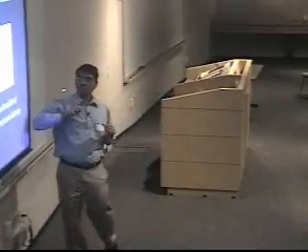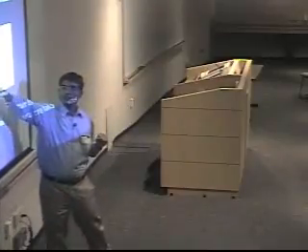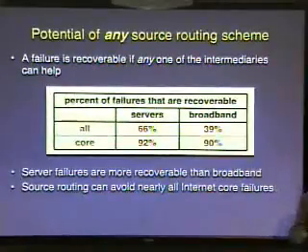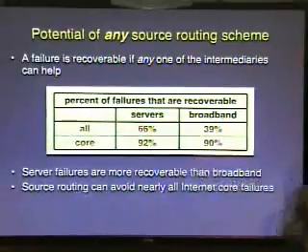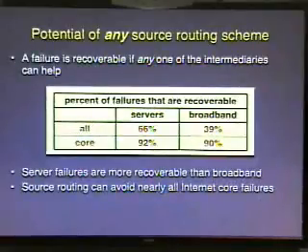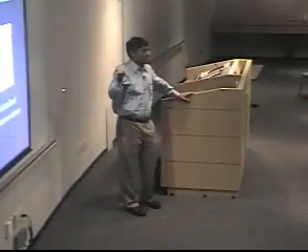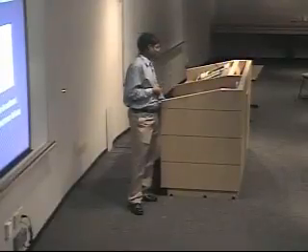Now, this table here shows the recovery percentages for both server paths and broadband paths. The first line here shows that we can recover from almost 66% of server path failures, but only 39% of broadband path failures. Now, this difference is primarily because of the last hop failures. Interestingly, for failures within the core of the network, remember, core failures are the ones that happen within the tier 1 ISP, so they tend to affect a larger number of paths simultaneously, we can recover from almost all of them, about 90% or so. So overall, these numbers suggest that source routing might be a viable strategy for recovering from failures.